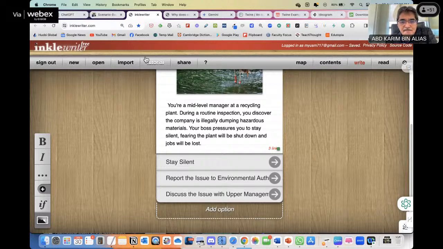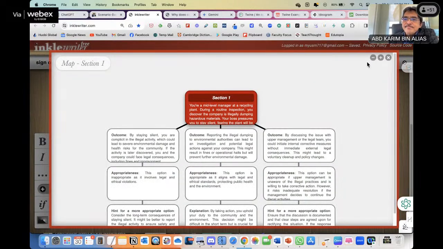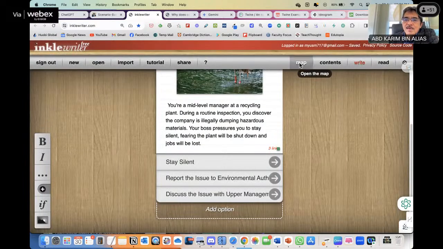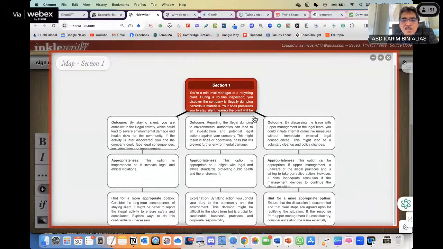Just like the example that I've shown you, it requires more time to figure out, but this is where you can use all these if conditions, just like we use the conditional logic in Google Form. Yeah. So here you can also see the map. You click the map just now. It will show you how it looks, just like we use mind map in ChatGPT.